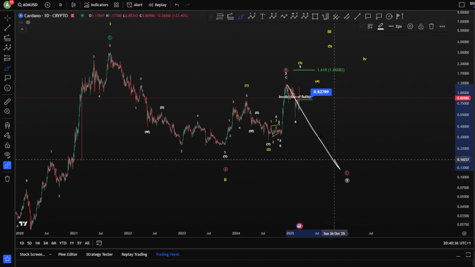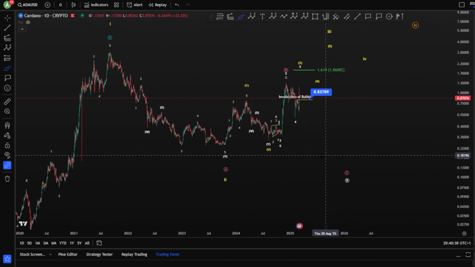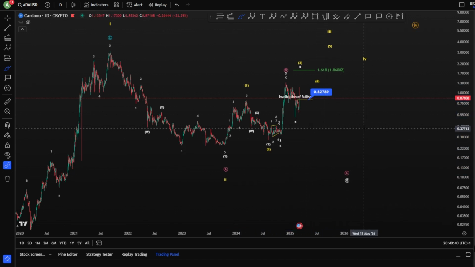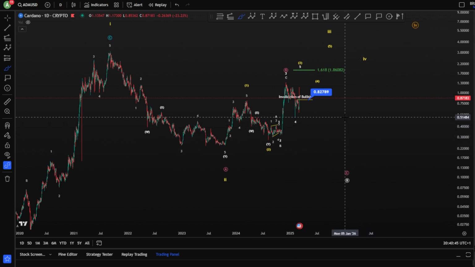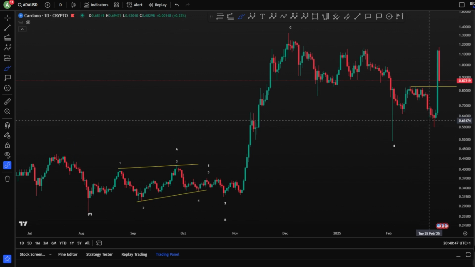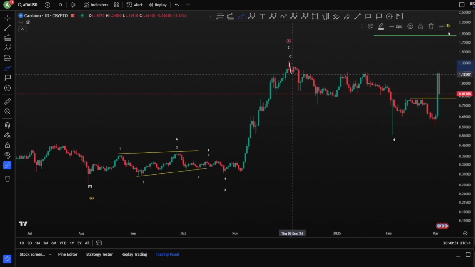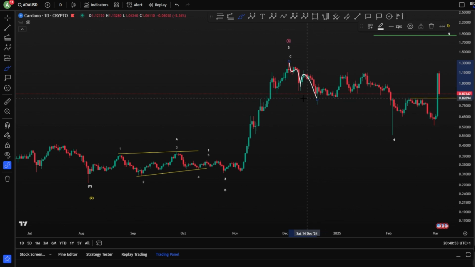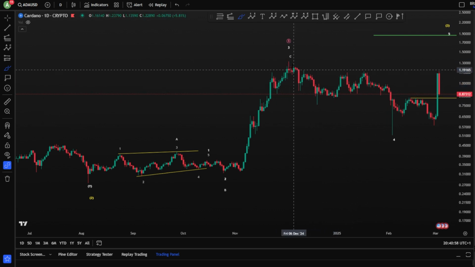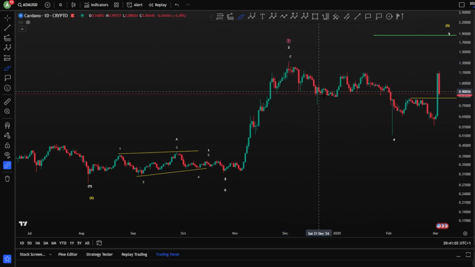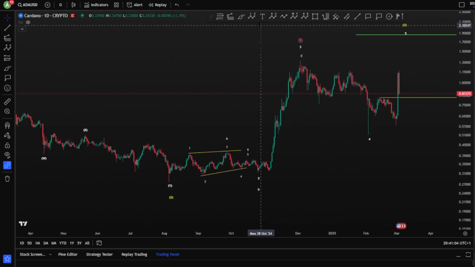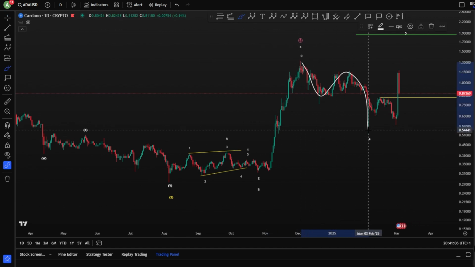Meaning you are searching or looking for a big impulse toward the downside for Cardano, regardless of any news you heard yesterday. And that's why you cannot trust politicians, guys, and politics. Be careful with it. So we have also here, it's not looking perfectly impulsive toward the downside, like 1, 2, 3, 4. You see the wave 4 invalidation as well. So meaning it has turned into three waves toward the downside.